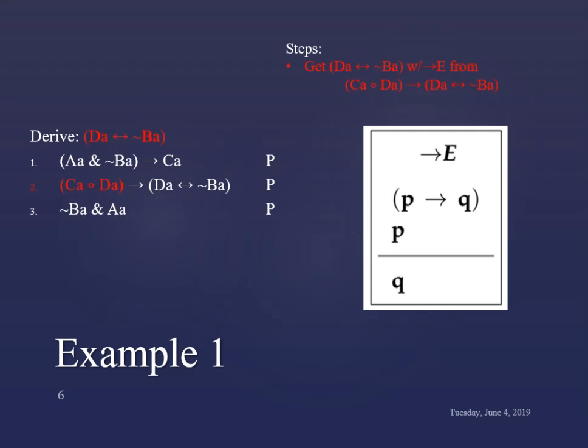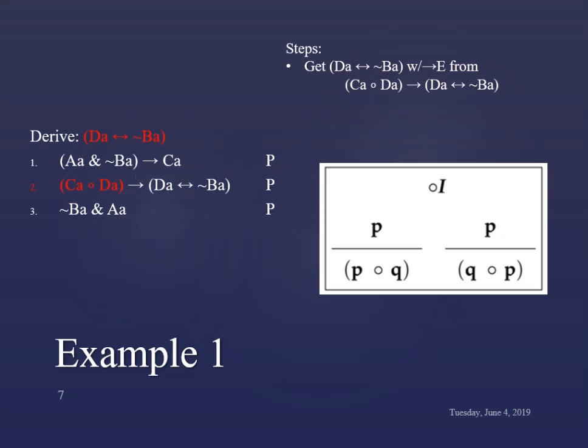Now, what do we do? Okay, this is kind of tricky, right? But think about it. CA ring DA, well, what kind of formula is that? Well, that's a disjunction, all right? And I have a rule that allows me to create disjunctions. It's an introduction rule, and here it is. Okay, there's the rule, and notice that the rule says if I have one part of the disjunction that is my target, so what I really ultimately want is CA ring DA, so I'm going to need part of it